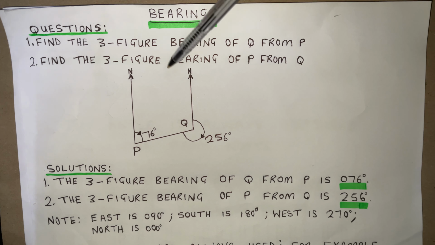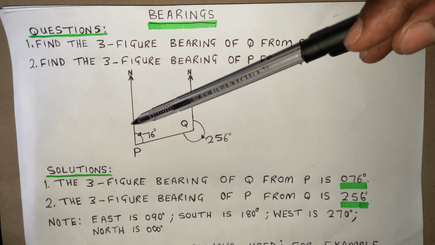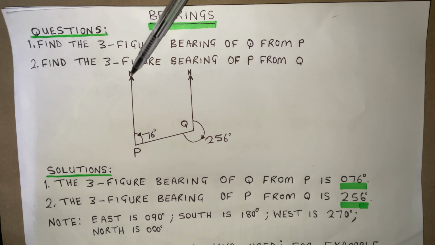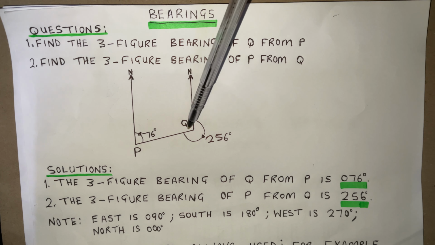The first question says find the three-figure bearing of Q from P. Our reference point here is P, since it says from P. In other words, we measure our angle at P. So we draw a north arrow, or north line, at P, because that's our reference point. So the bearing of Q from P